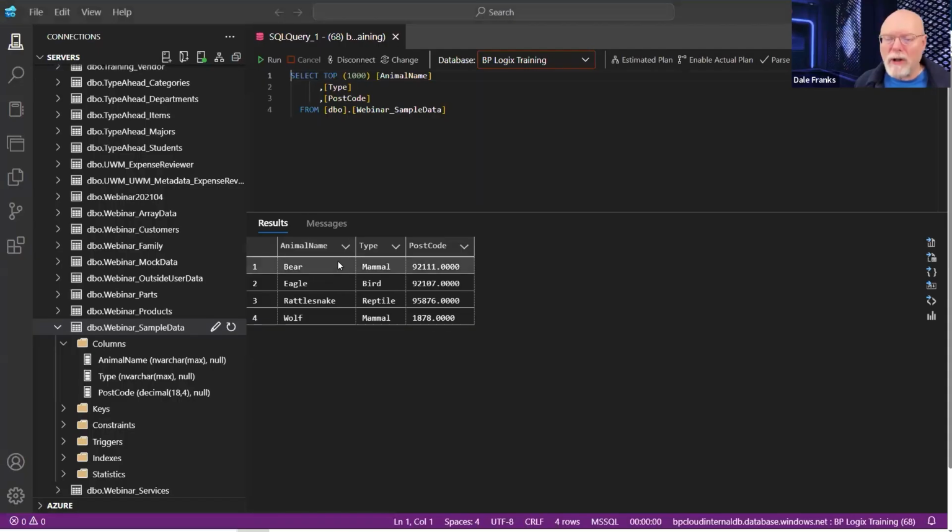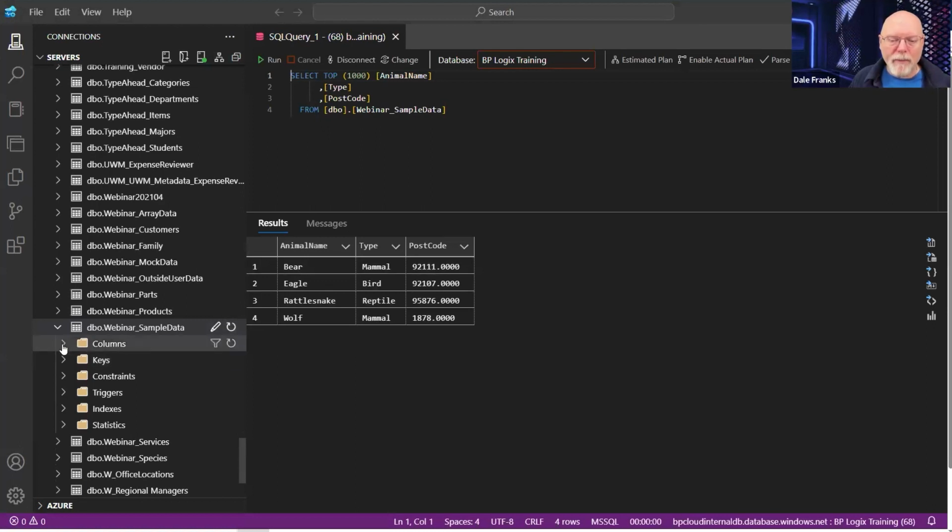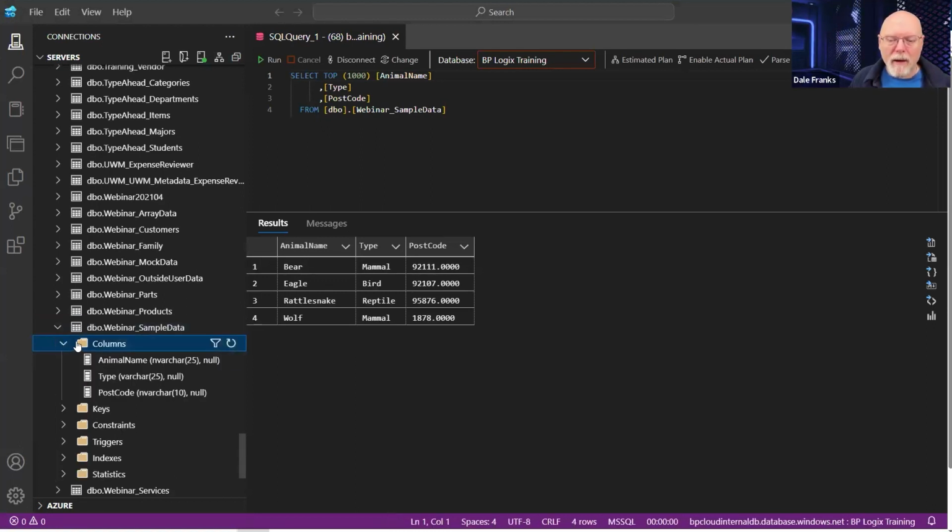It imported successfully. Great. So let's refresh our table. And there we go. I have animal name, and as I expected, nvarchar 25. I specifically set the type field to varchar 25. That's what it is. And then once again, using the string 10, I set this field to 10.